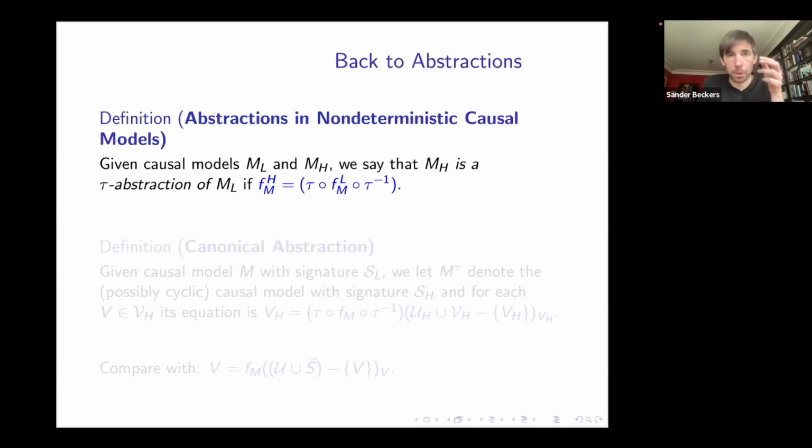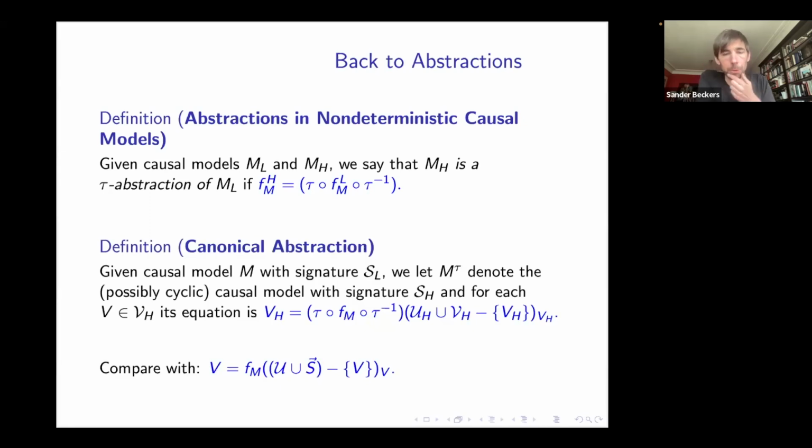We had our abstractions, and I already showed you how I wanted to define it. I just hadn't explained what the symbols meant. So now I can at least make that precise, right? So this is what we had before, the definition. And I've explained now to you what fm is. So fmh is going to be the function for the high level, and flm is for the low level. So we've given meaning to that statement.